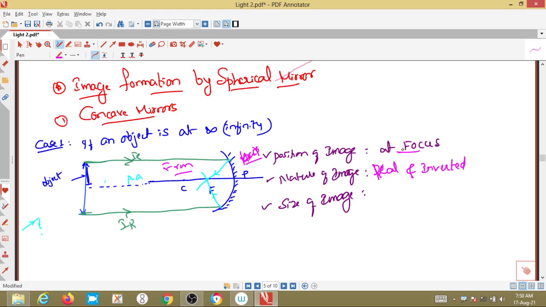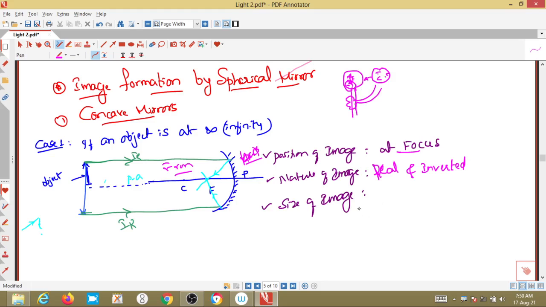How is it? Inverted. So if you want to come to know this, you just take a spoon. Last class also I explained this one. Just take a spoon which is present in your home, hold it in your hand, and try to see yourself in that particular spoon. You will observe that your face is inverted. You just observe this, and whether it is true or not, let me know in the comment box.